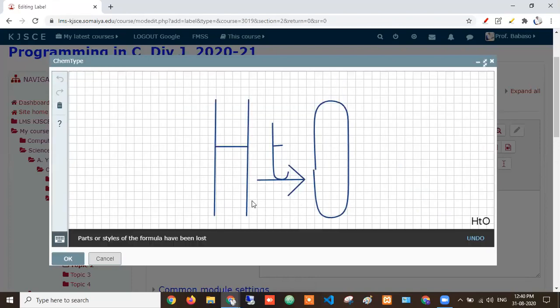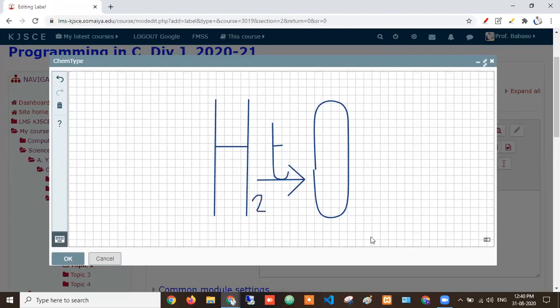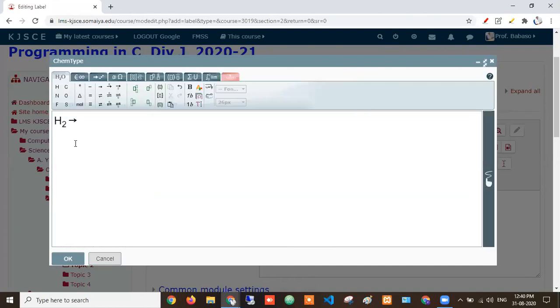For example, here I'll type H2, and again it will add H2 here. So this is freehand sketching. You can delete, redo, and do some things there. Similarly you can see here, and if you want to change it again, you have these options. So a lot of things are there, sir.